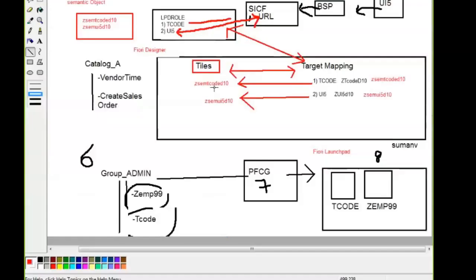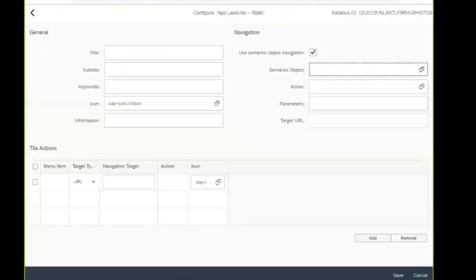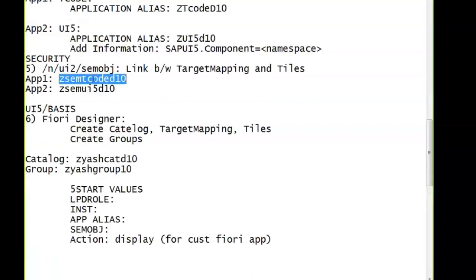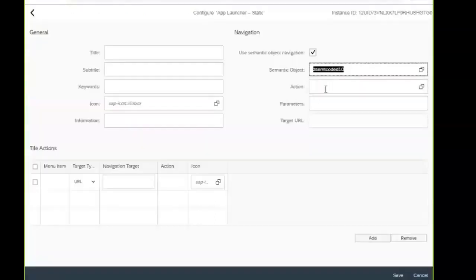So semantic object. I'm going to create a transaction code tile. So let me have the semantic object and action. Title PA30 T code, and let me have an icon.